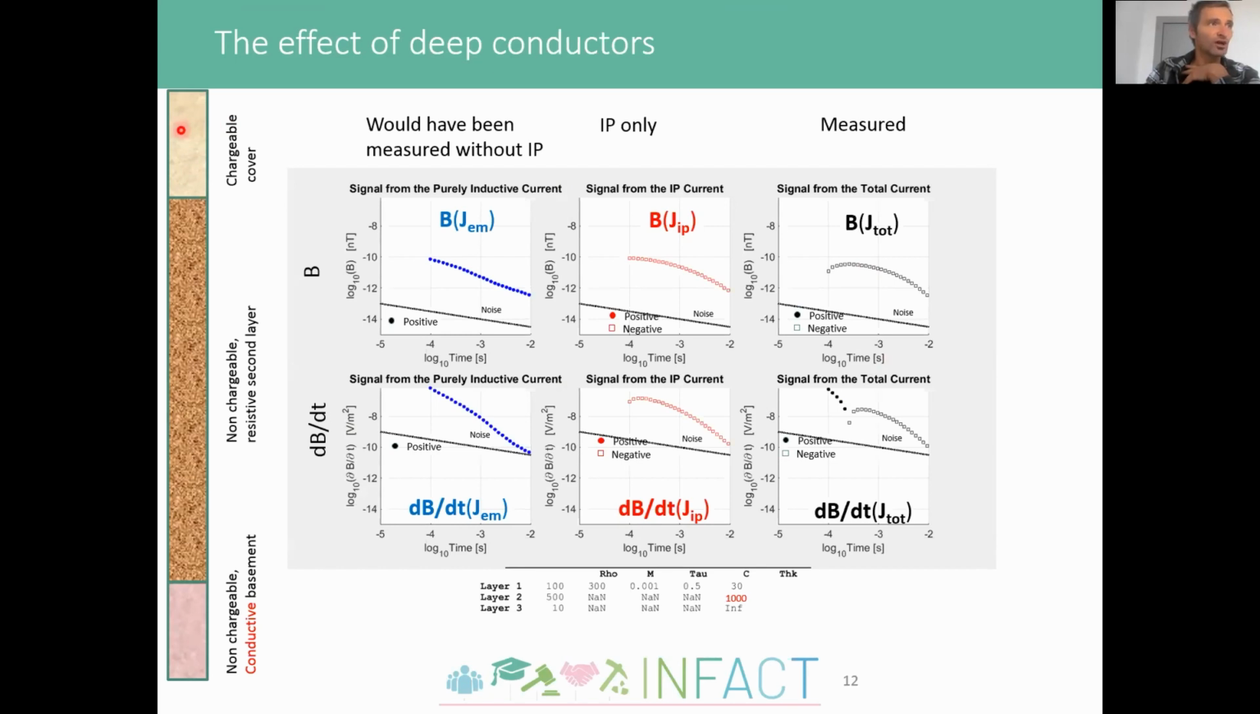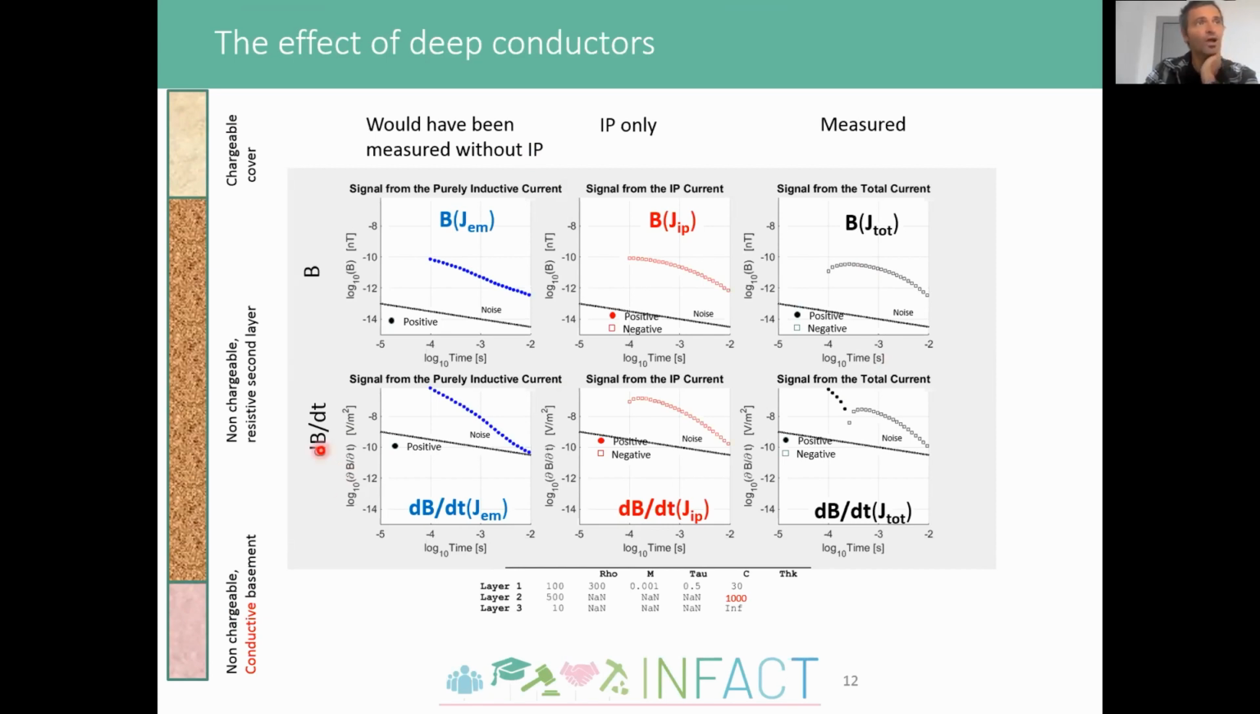I've got a chargeable cover. This could very well be your weathered regolith across two-thirds of Australia, I guess. Then you have a non-chargeable resistive second layer, and then you have the non-chargeable conductive basement. Arguably, this could be the very reason why you wanted to fly airborne EM to begin with, to find these guys down here. Now, this is a 3-layer model, and I'm going to show the response in B field and